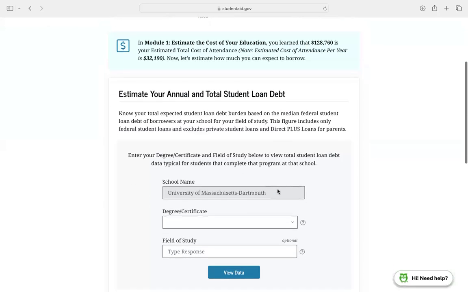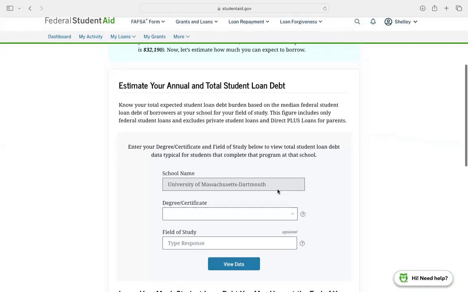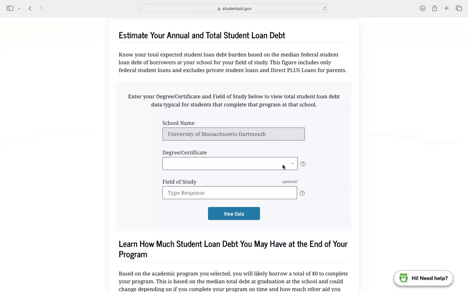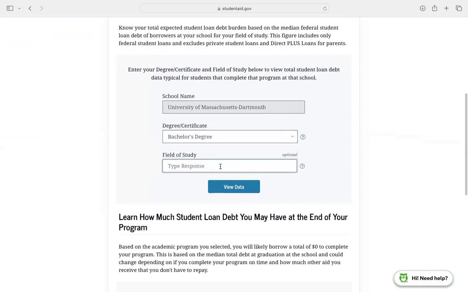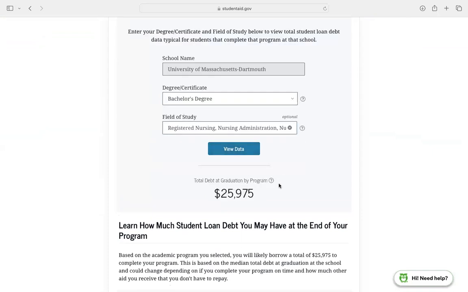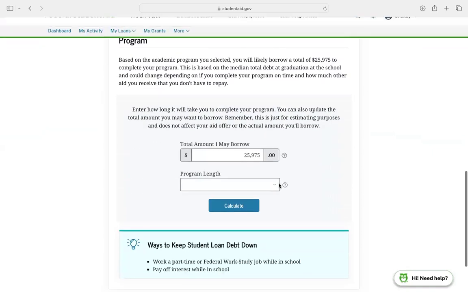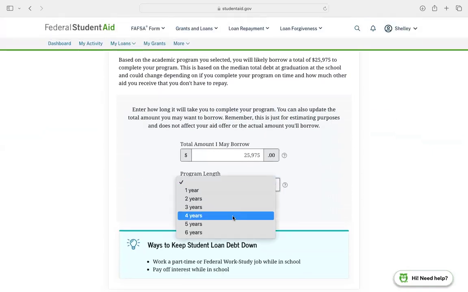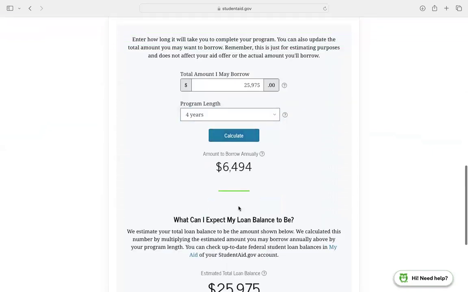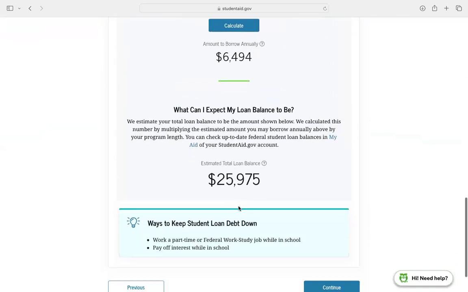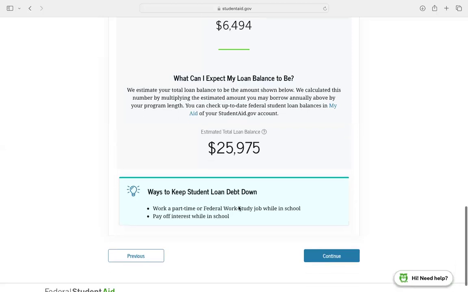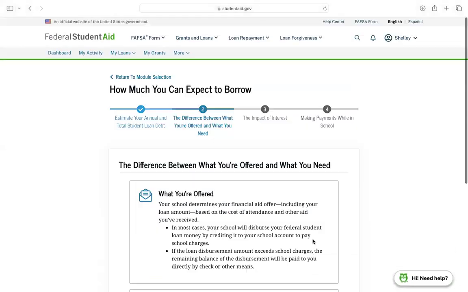You'll move on to the next section, estimate your annual and total student costs. This is kind of a repeat, but you'll pick bachelor's or associate's degree, whatever you're trying to earn. You'll put your field of study here. So let's just say it's nursing. You can view the data and then put program length, calculate,